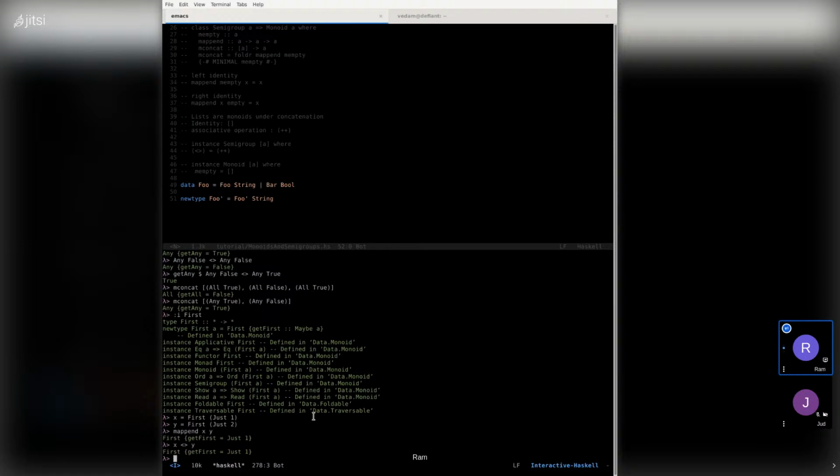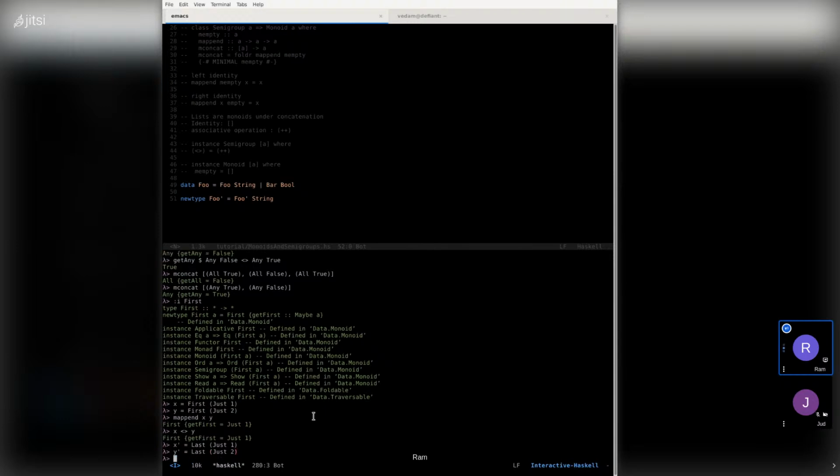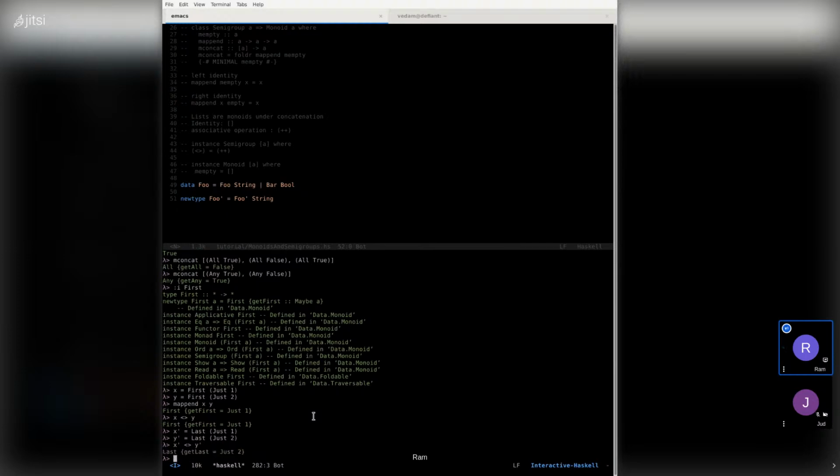If we actually change this and make it last instead, providing two other values, x prime and y prime, you'll see that it gets the rightmost argument. Sounds very simple. You have a pair of stuff. In first, you're getting the first. In last, you're getting the last.